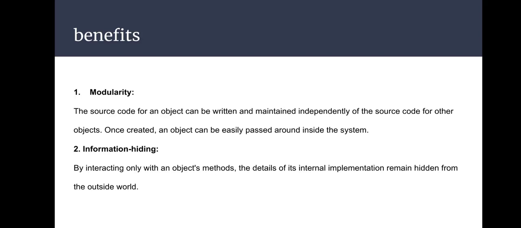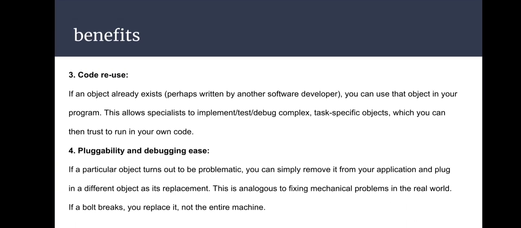Second is information hiding. By using objects, we can write the properties of the object within the class, and we can achieve the concept of encapsulation, and using access specifiers we can achieve the concept of information hiding. Third is code reuse. The most important feature of object-oriented programming is inheritance. So by the use of inheritance, we can reuse a class that already exists. We don't have to write the code again and again.